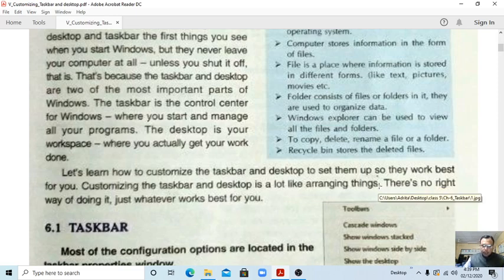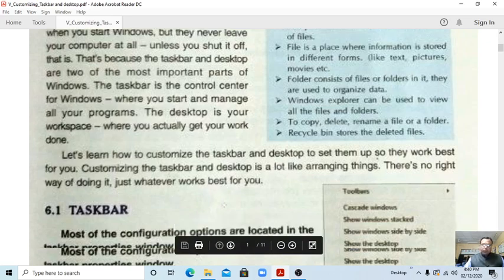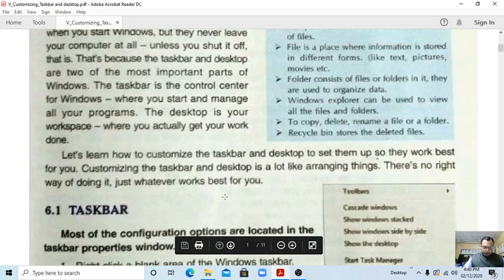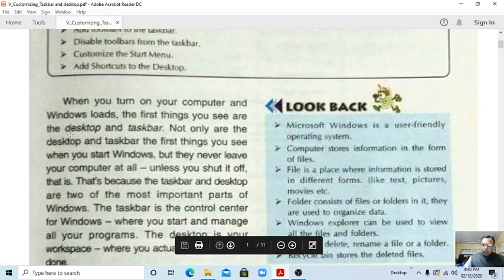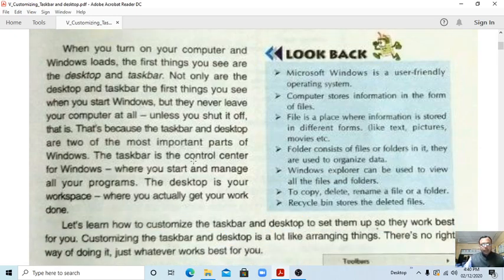There is no right way of doing it, just whatever works best for you. So students, here we talk about the use of the desktop and taskbar. The taskbar is the control center, and the desktop is our workspace. This is the difference between the desktop and taskbar.